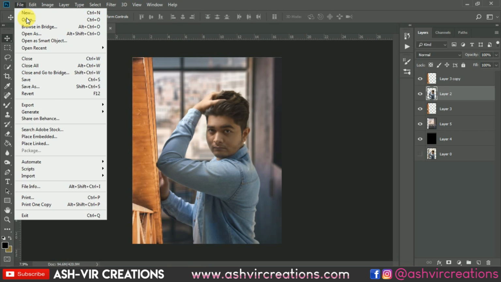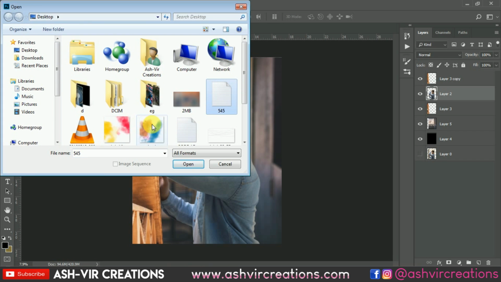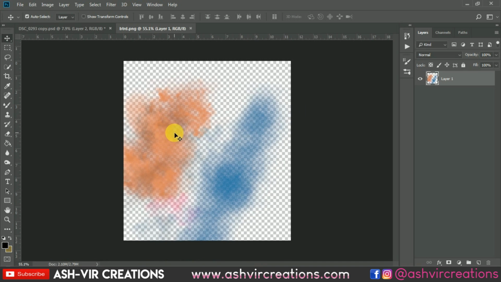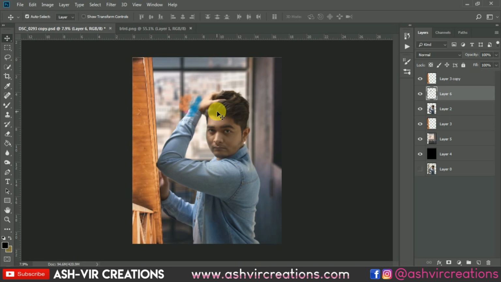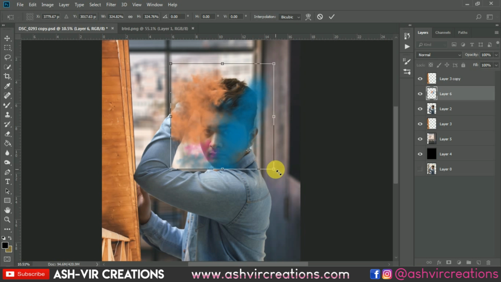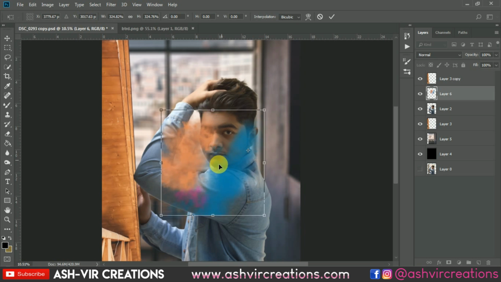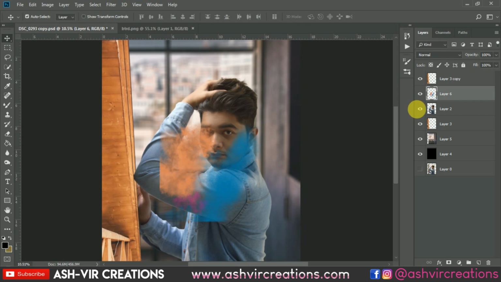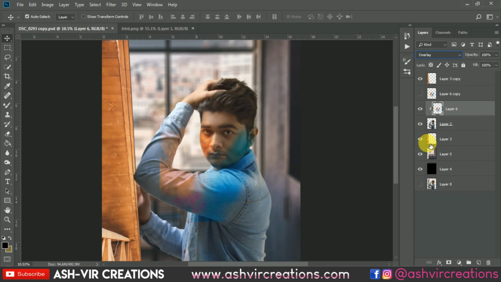The next thing would be to add the colors on the image. So just go to file, click on open, and let's select this color. Just drag it and drop over here. Press Ctrl T from the keyboard or Command T and just keep it somewhere over here. Now just create a clipping mask on it. Now we will duplicate this layer, unhide it, and change the blending mode to overlay